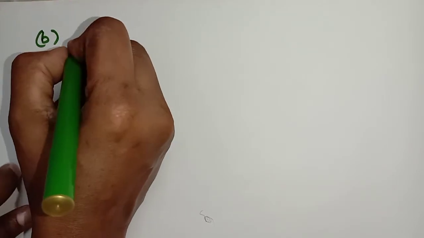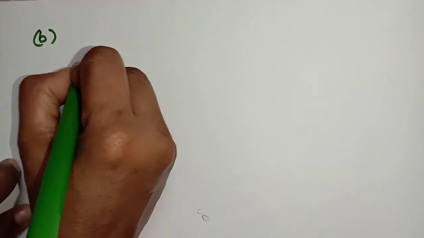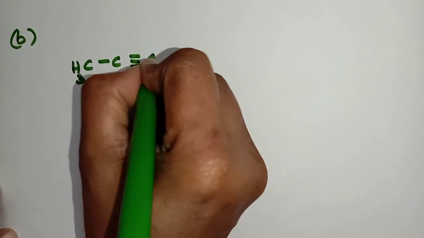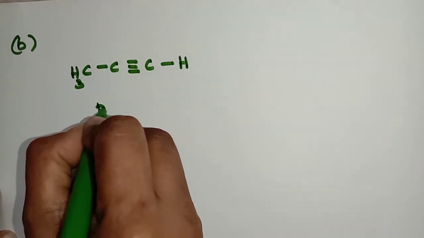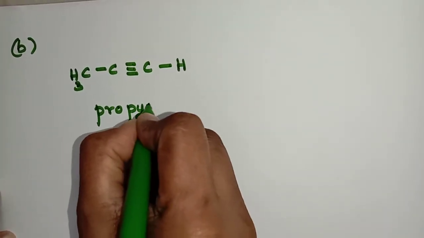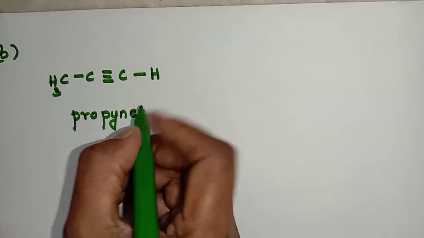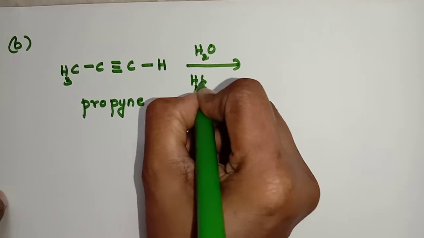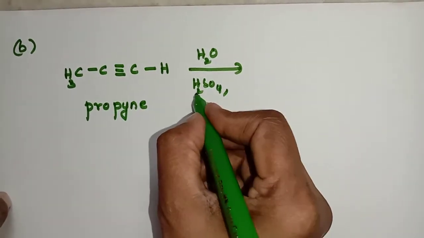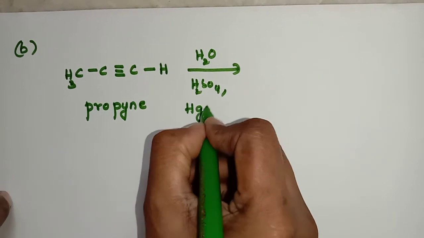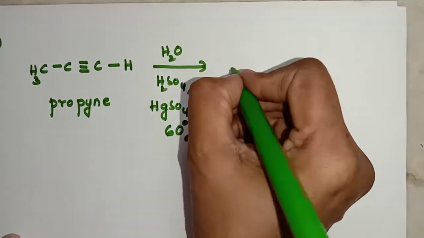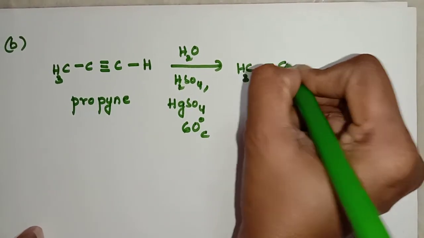Next, let us see the preparation of ketones using the same method. So what should be taken here? CH3 C triple bond CH. This is called propyne. Next, higher alkyne after acetylene. This on hydrolysis, taking the same reagents, H2O in the presence of sulfuric acid and mercuric sulfate HgSO4, heating up to 60 degrees centigrade, we get CH3